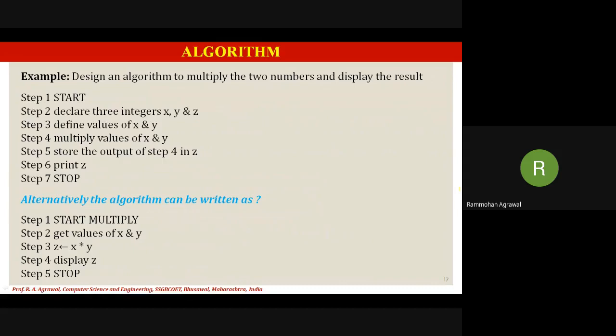As told previously, an algorithm can be written in n number of steps by n number of users. Each user is independent in writing his own number of steps for an algorithm. These steps should be finite, clear, and understandable. So I request everyone to take a screenshot of this so that it will be easy.